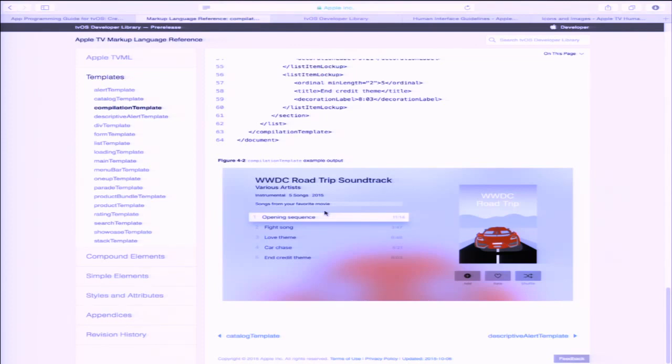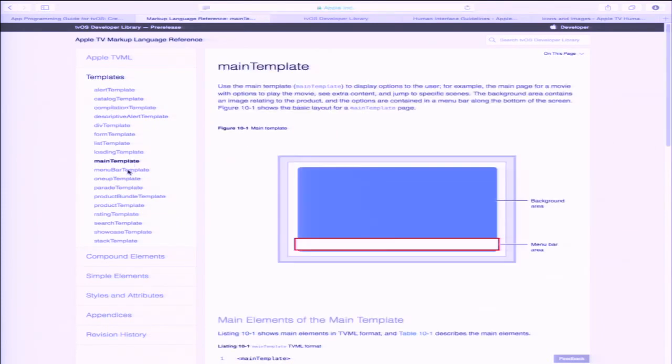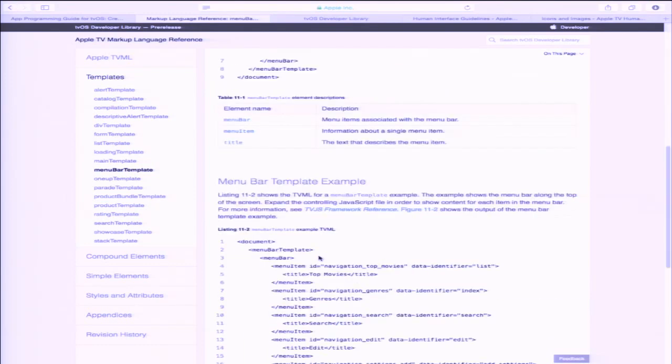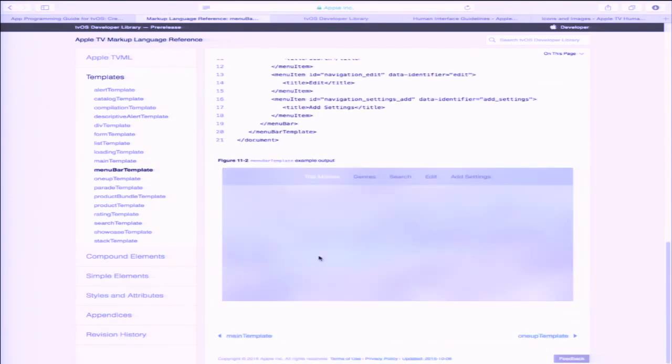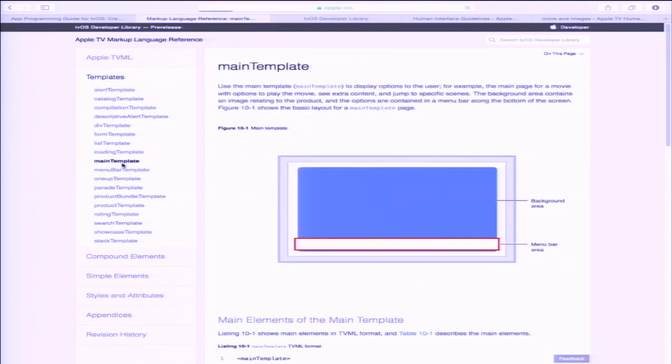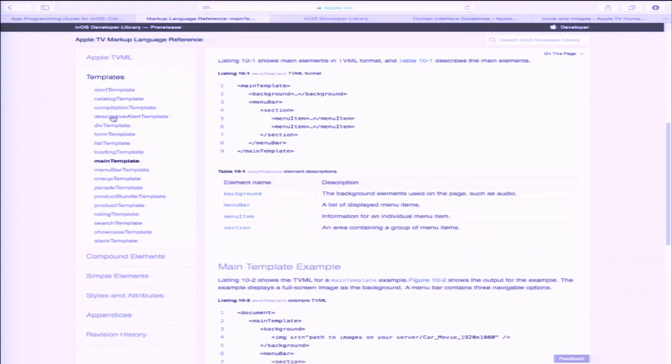Jason, we're working on a home screen with the top shelf image, and then he's going to have series. For example, when you first go into the app, this would be the menu bar template, I forget which. You'd have live, so you could watch the live stream, then archives, and then say, current sermon. And when you drill down, we're going to go into